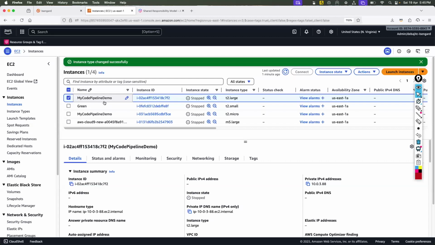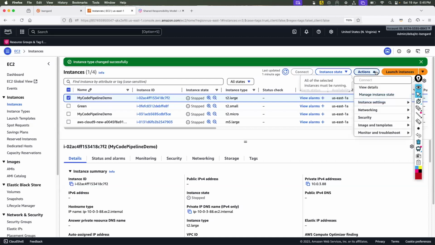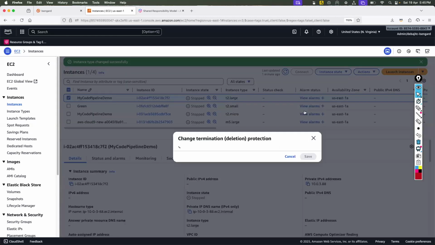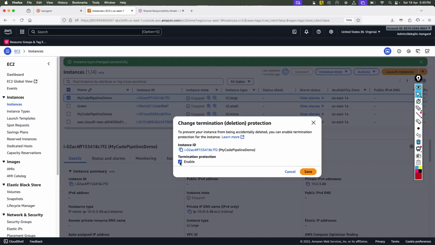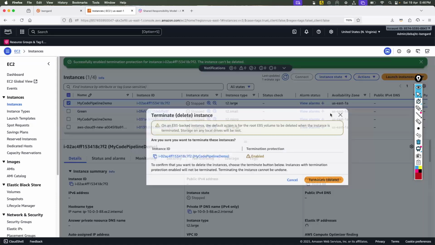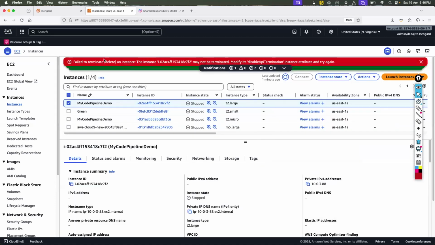So if you want to protect the server from being deleted, there's an option: go to Actions, click on Instance settings, and you will see an option called Change termination protection. Click on Change termination protection and enable it. If I now go and try to terminate the server, there's a big red notification